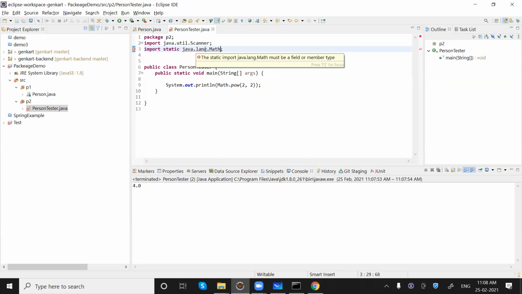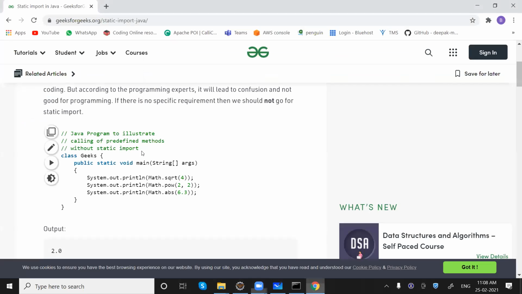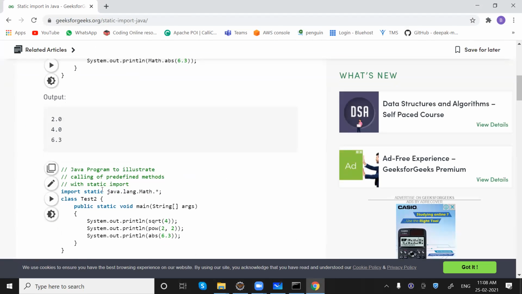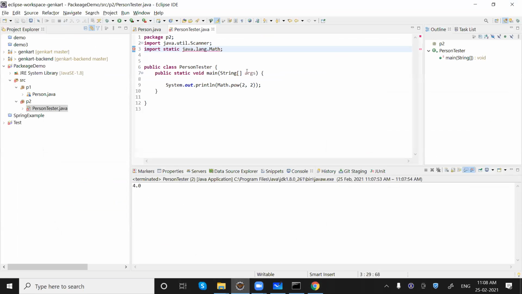We are missing something, one second. Import static java.lang.Math.star. So we don't really need to tell the name of the class from where this function comes.